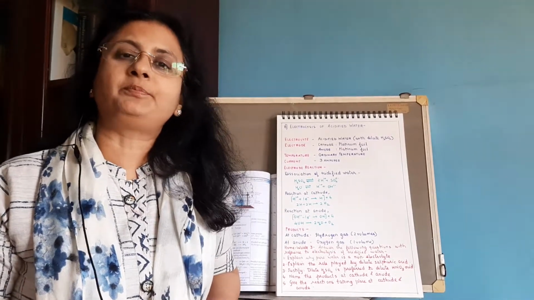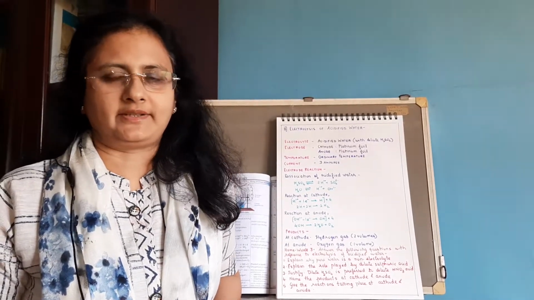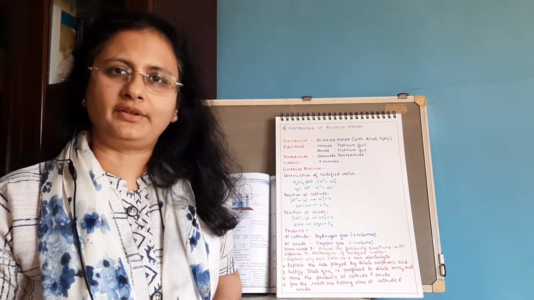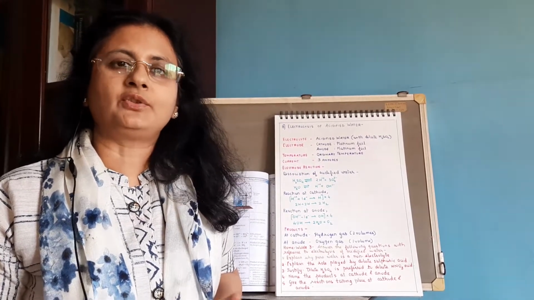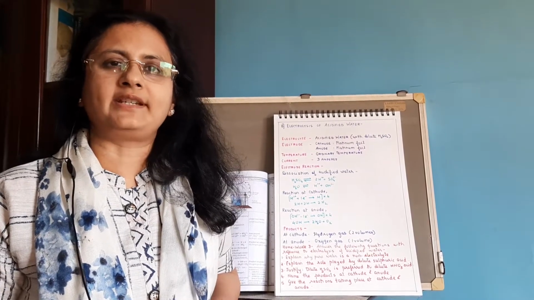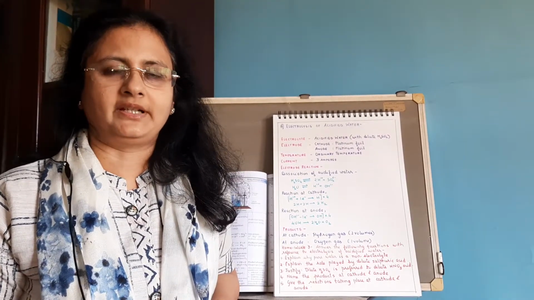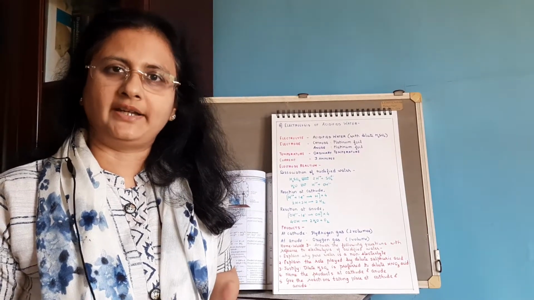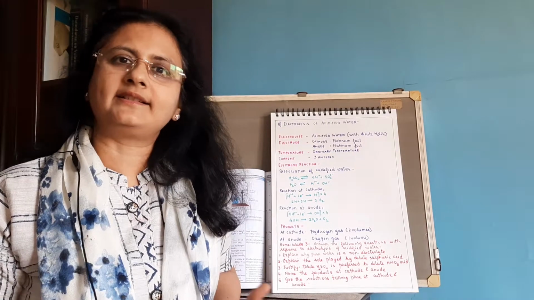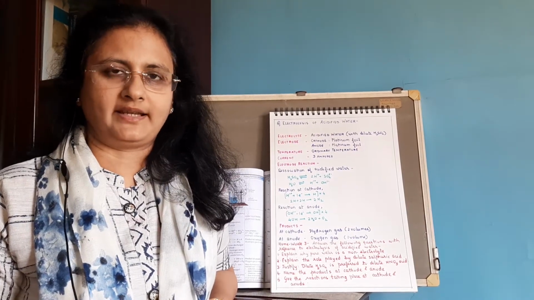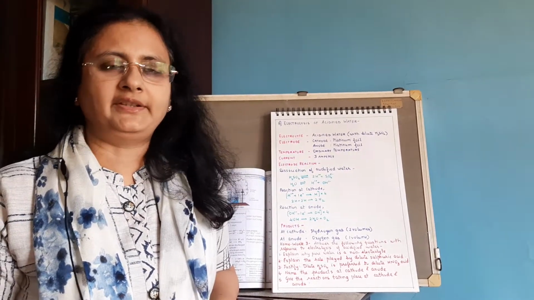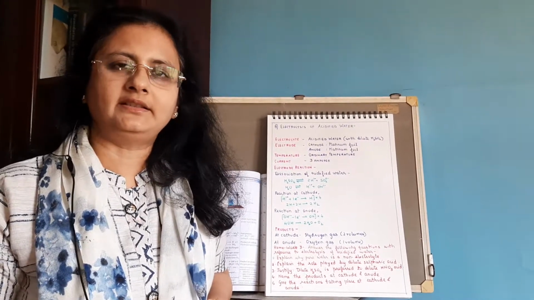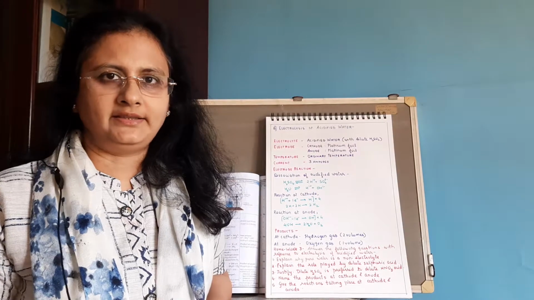Now you all know that pure water is a non-conductor of electricity. Why? Because it exists only as molecules. Free ions are not available in pure water. So to make it conducting, we add a few traces of dilute sulfuric acid to it. What will dilute sulfuric acid do? It will help the water to ionize and form the H plus ions and the OH minus ions, by itself ionizing to form the hydrogen and the sulfate ions. So we are adding the dilute sulfuric acid here.